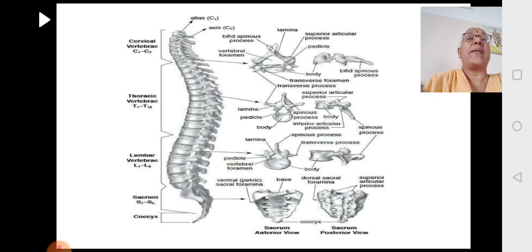Now this is the picture of the spinal cord. You can see the topmost part is the cervical vertebrae, 7 of them. Second is thoracic, 12 vertebrae. Lumbar 5, sacrum 5, and coccyx 4 or 5 bones. This is how the spine looks. It looks like a single piece of bone, but actually it is made up of a number of units called vertebrae. On the left side you are seeing the entire spine. On the right side you are seeing the individual vertebrae, starting with cervical vertebrae, then thoracic, then lumbar, then you have the sacrum and coccyx. We will look at each one of them in detail.